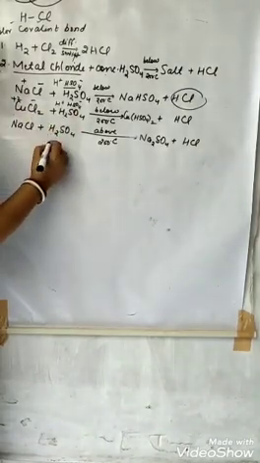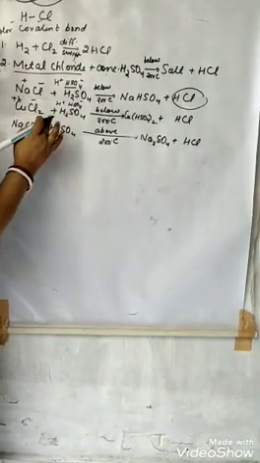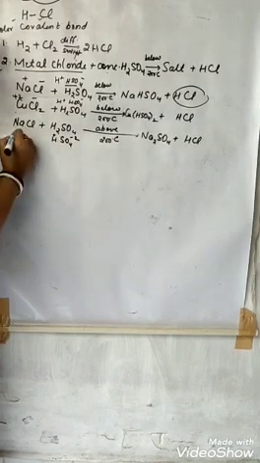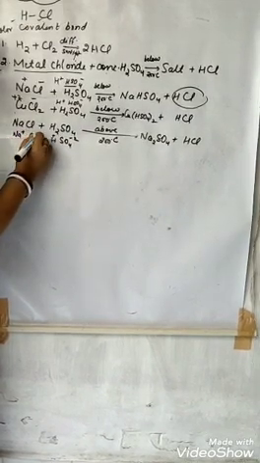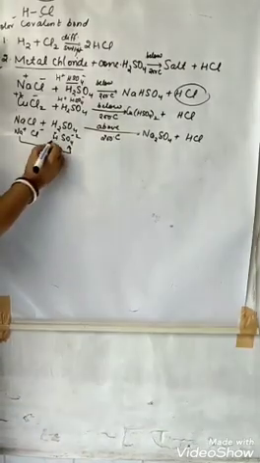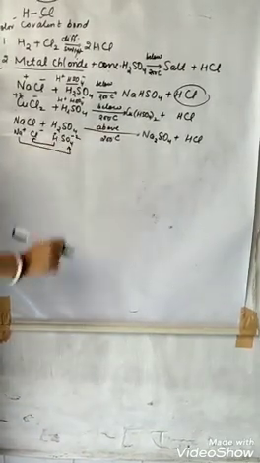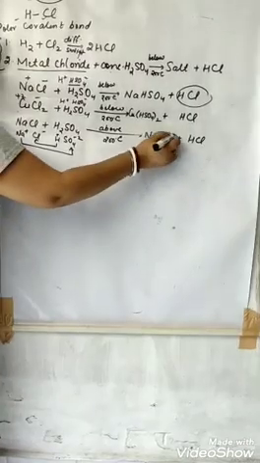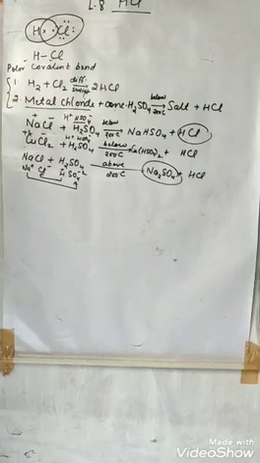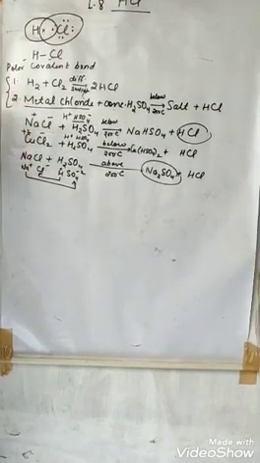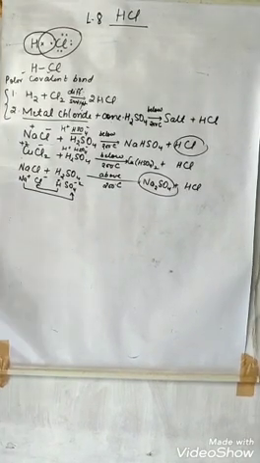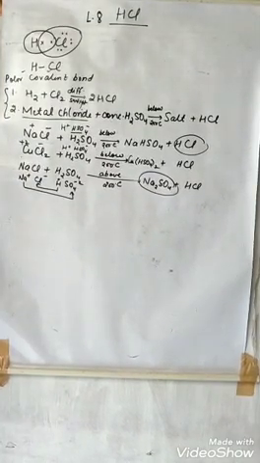But above 200 degrees Celsius, all the hydrogen will be released as H plus and SO4 2 minus, with Na plus and Cl minus. So Na is going to react with SO4, forming Na2SO4, and H is going to react with Cl, forming HCl. But there are some consequences with this type of compound that we are going to study further. Alright, so these are the two methods by which HCl can be prepared. But most important, how can we prepare HCl in the lab?